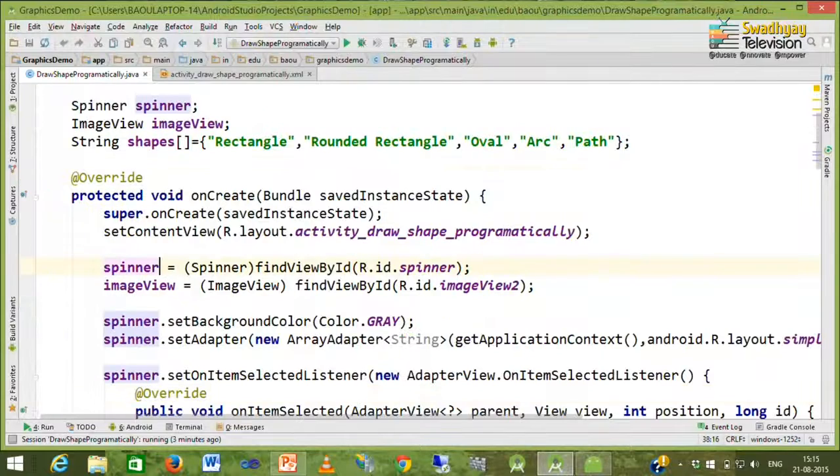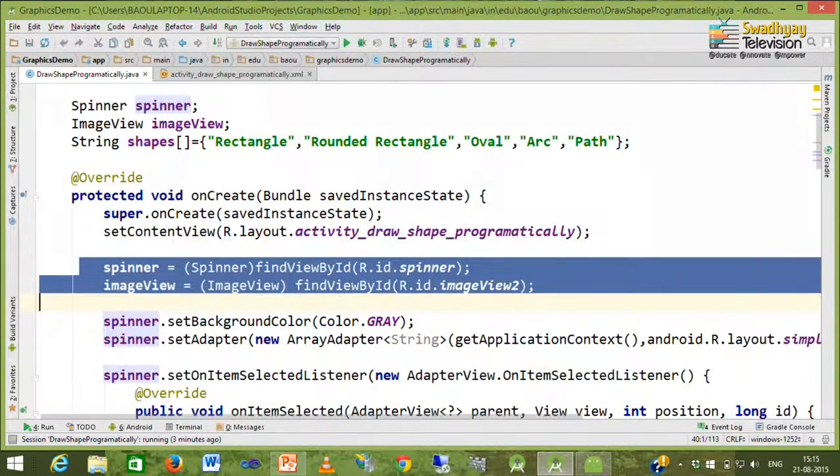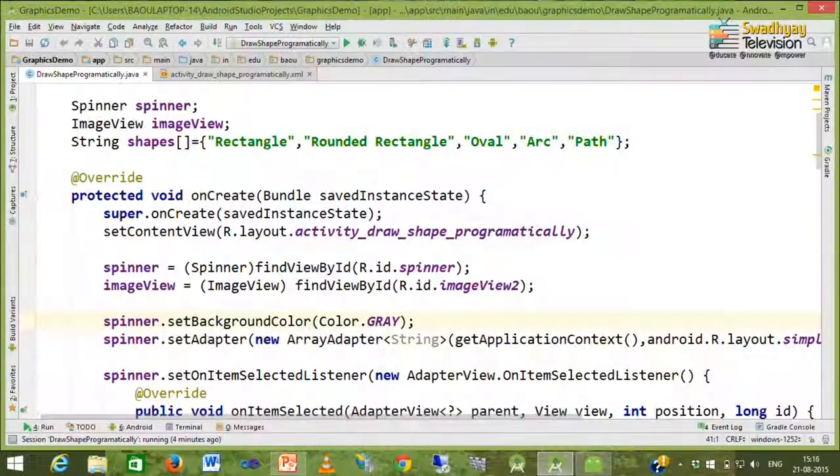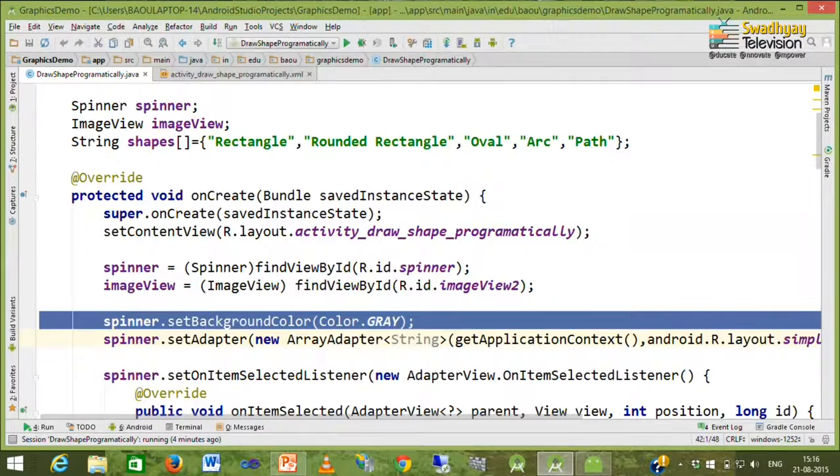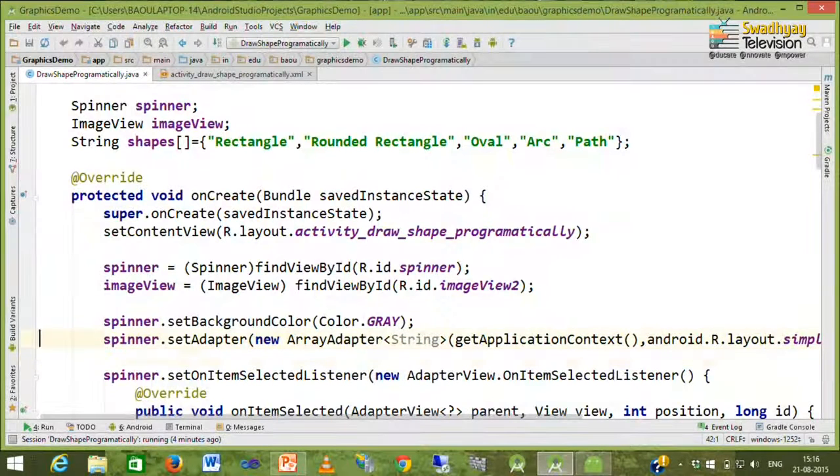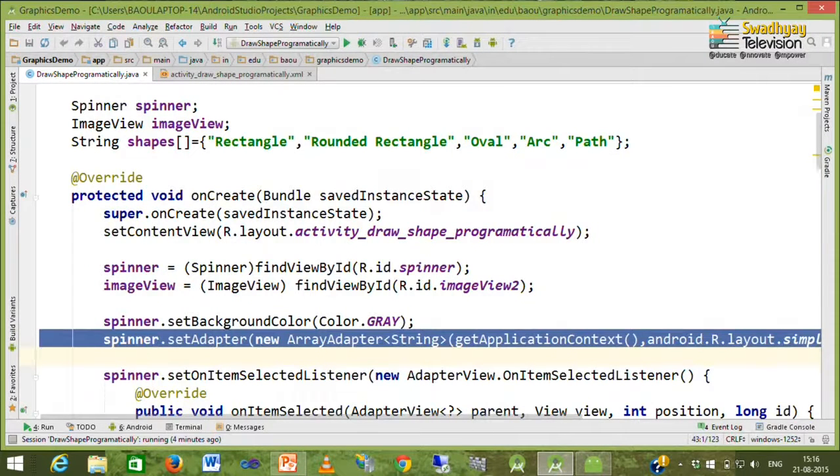Then we take a reference of the spinner and image view. We have set the spinner background as gray, and we fetch data from the shape array using the setAdapter method, and inside it we create an instance of ArrayAdapter.